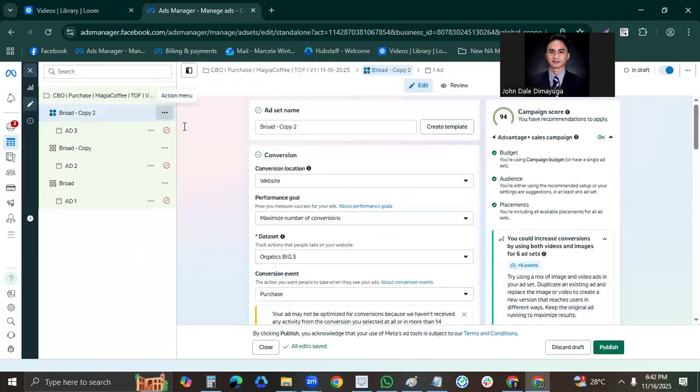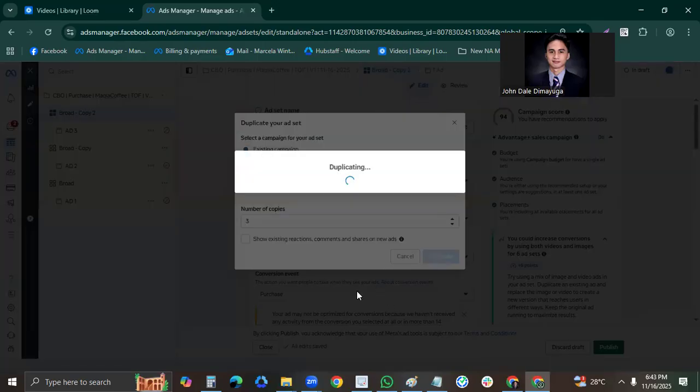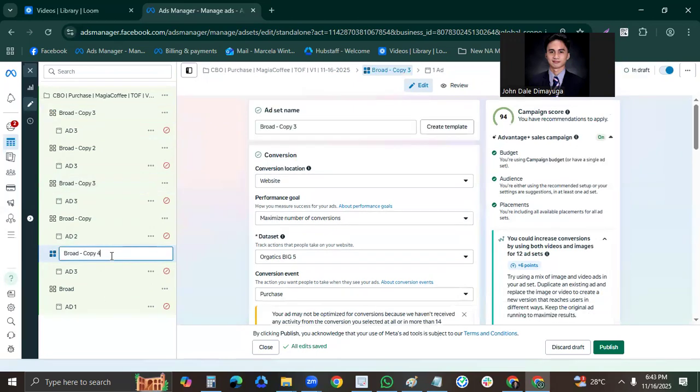Let's duplicate the campaign for three copies. Ad set. Okay. This is 4. This is 5.